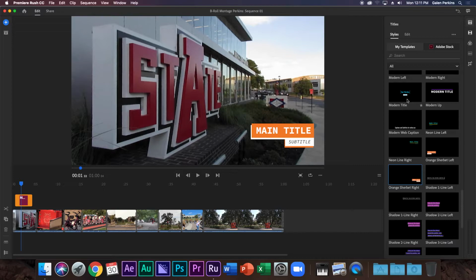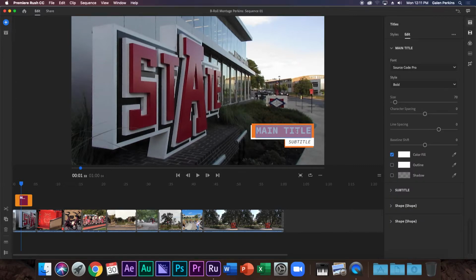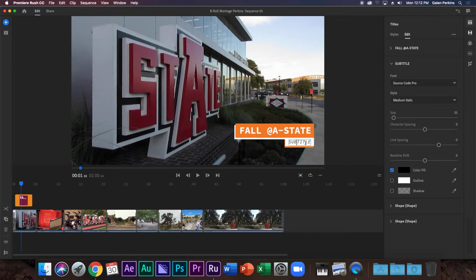So we got our title in here. We'll say, let's see, A-State. We'll leave these all caps. So A-State in fall. Or fall at A-State sounds better. Technically, it's 90 degrees outside, but it's fall. I'm supposed to start feeling better Thursday. So fall at A-State, and then for the subtitle,